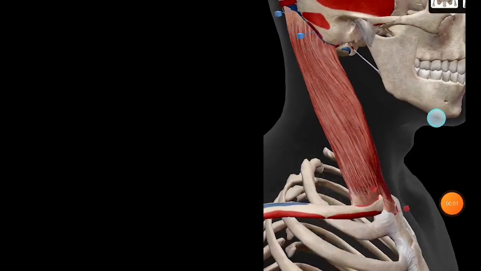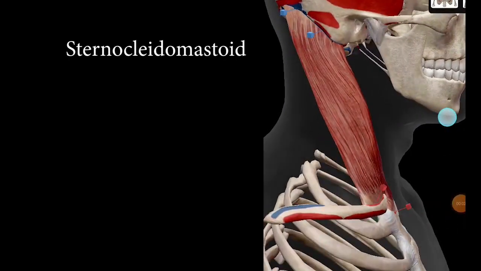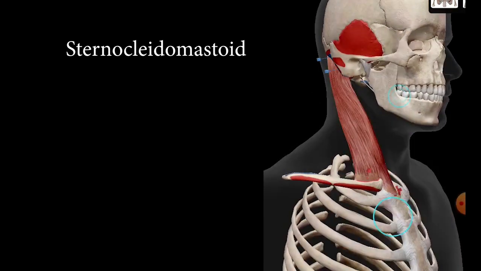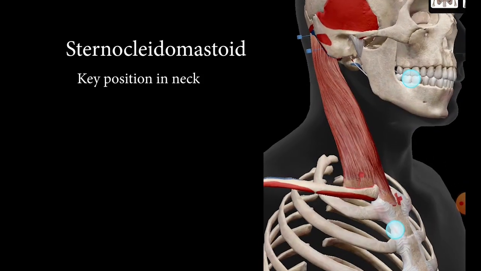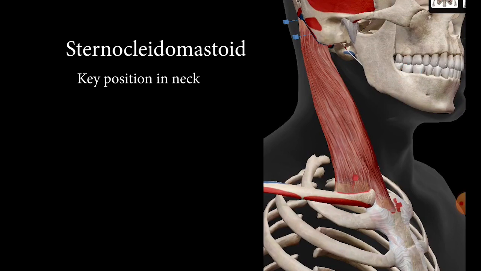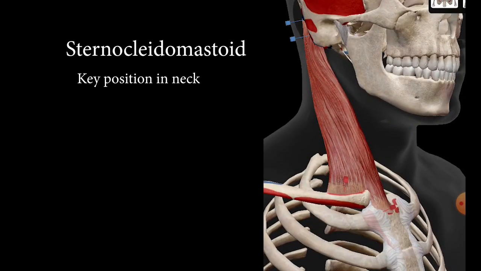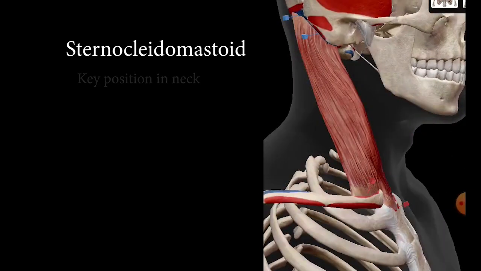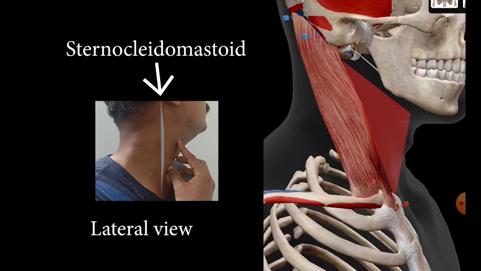Hi, today we are going to learn about the sternocleidomastoid muscle. As you can see, the sternocleidomastoid is a muscle in the neck, and it is called a key muscle in the neck because it is both a very important muscle for its action and also a landmark muscle. So in the neck, it is going to divide the neck into an anterior triangle, which is over here,